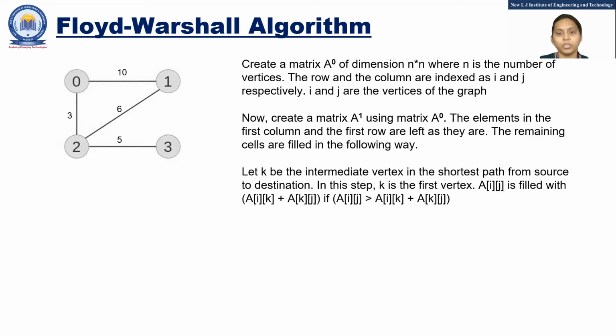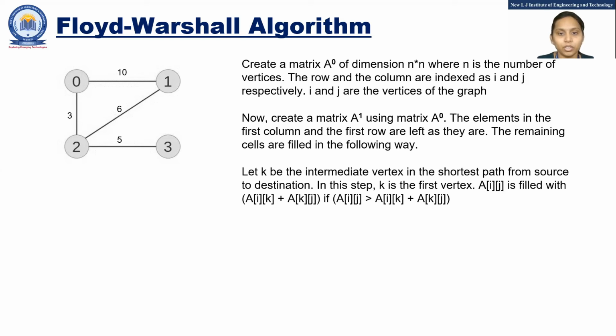Now here something is different. First of all, you should be aware that whenever you want to reach somewhere, if you have a direct edge, you can traverse. But if you don't have any direct edge, then you can traverse via some other node. Fine or not? So for that, you can take one intermediate node. And if you want to traverse here, you can check 0 to 1. You can directly connect it with the value 10, but it is more weight than via 2. Via 2, you have the distance 9. So better you go via 2. Yes. So here we try to understand all the intermediate stages. If you find any intermediate stage is beneficial to find the shortest path, then you can consider it.